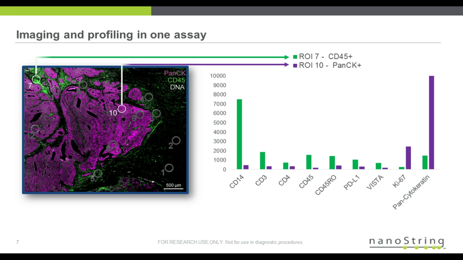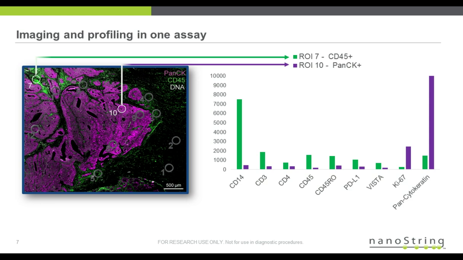So when you actually perform such an experiment, you can see here, in this particular case, we have an excisional biopsy. So this is a tumor biopsy here. And you've got highlighted in colors actually two items. What you see in purple are the tumor cells that are lit up. And the area that you see in green is CD45. This is the immune infiltrate that's coming in and starting to penetrate this particular tumor of interest.